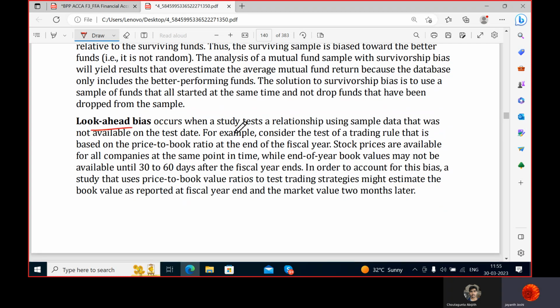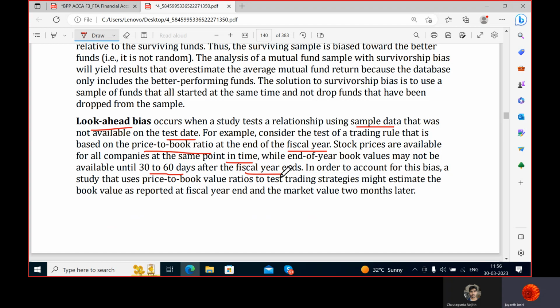Look ahead bias occurs when a study tests a relationship using sample data that was not available on the test date. For example, consider the test of a trading rule that is based on price to book ratio at the end of the fiscal year. Stock prices are available for all companies at the same point in time, while end of year book values may not be available until 30 to 60 days after the fiscal year ends. So that means